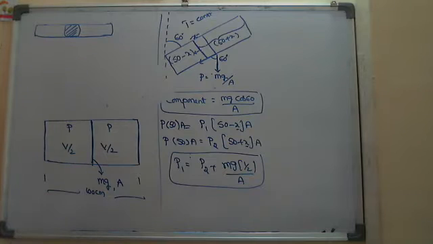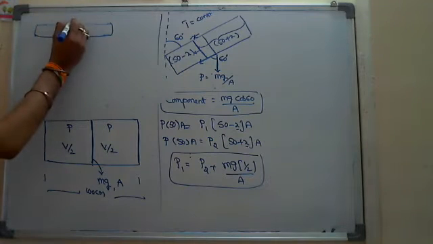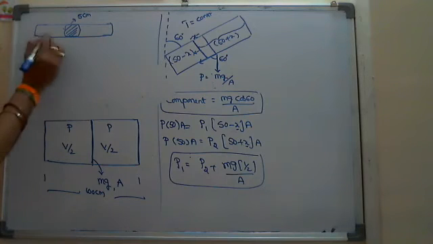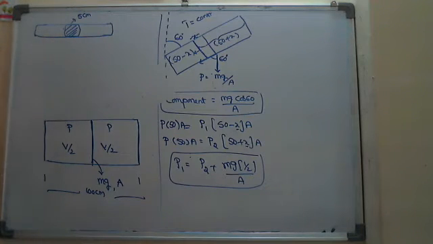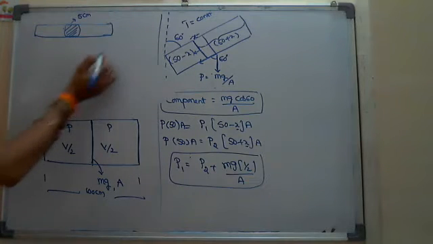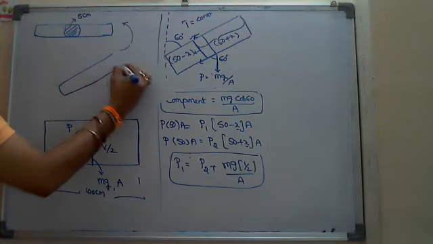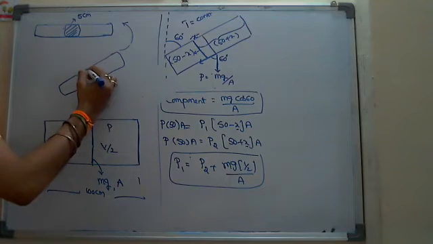Both sides are closed, and he is saying that the length of that mercury thread is some 5 centimeters. This is the mercury. And here, the total length he did not mention. What he said is, when it is tilted to this position, this is the mercury thread of length 5 centimeters.